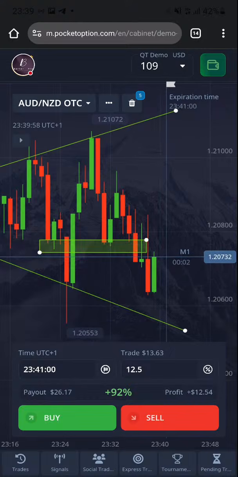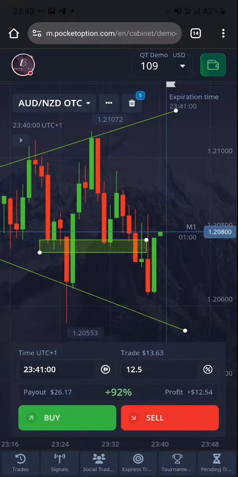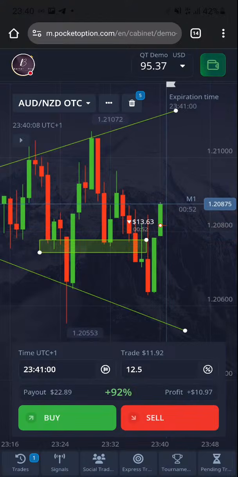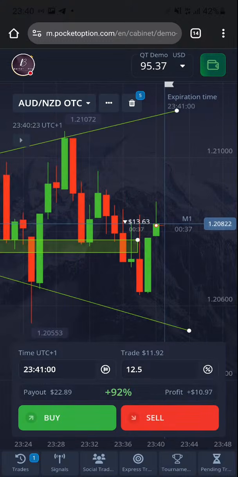Test your ability. Test how well you think. Okay, let's go with sellers here. Test how well you feel. I was expecting the sellers to come in because of number one, the gap up, and number two, this push to the upside. But no problem. Let's see how it pans out. We still have a level, a gap to this level down here. So I'm expecting the sellers to come in, but let's just see how that happens.